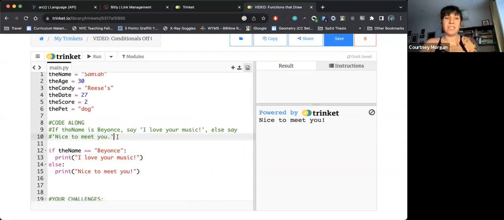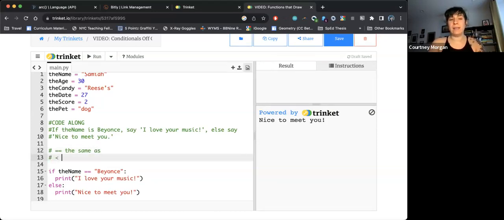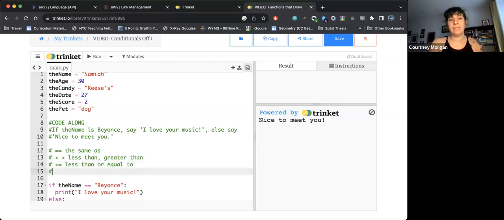One thing I do want to call to your attention, I'm going to go ahead and type this on the screen. We do have the double equals, which means the same as. We also have a less than or equal to sign. Or sorry, less than, greater than. I'm getting to less than or equal to. Those are like the alligator mouths that you've seen in math class. When we do want to talk about less than or equal to, it's that symbol with an equal sign right after it. And same thing with greater than or equal to. It is that sign, oops, I forgot my equal sign,